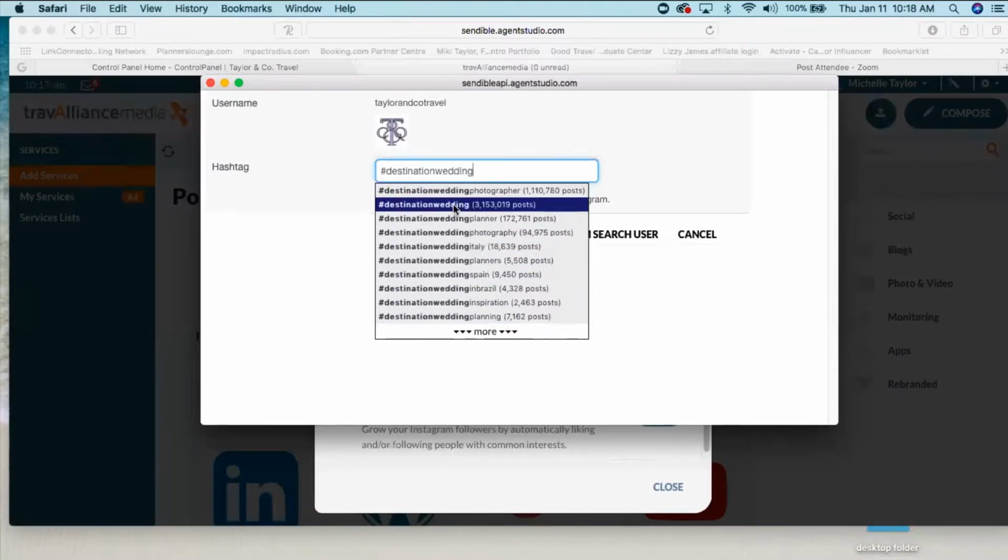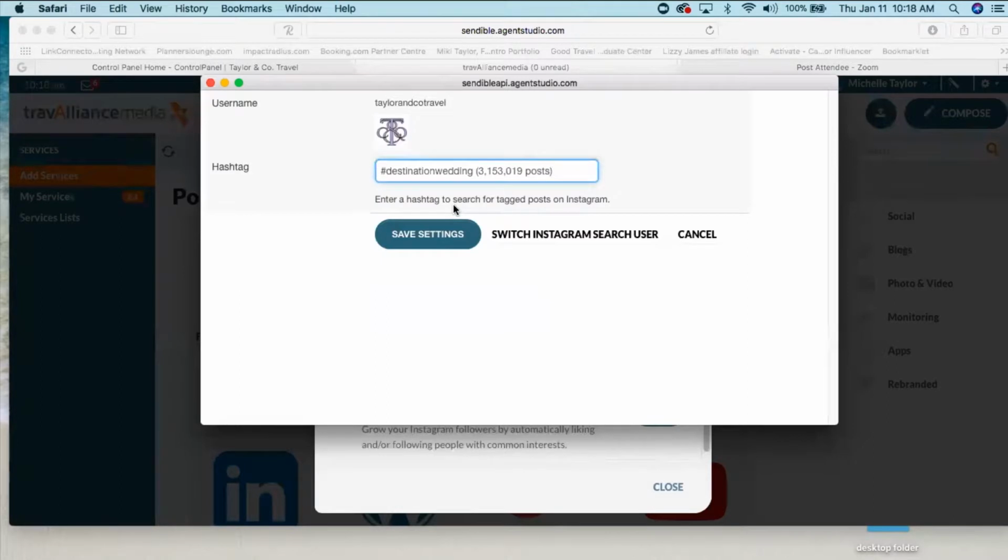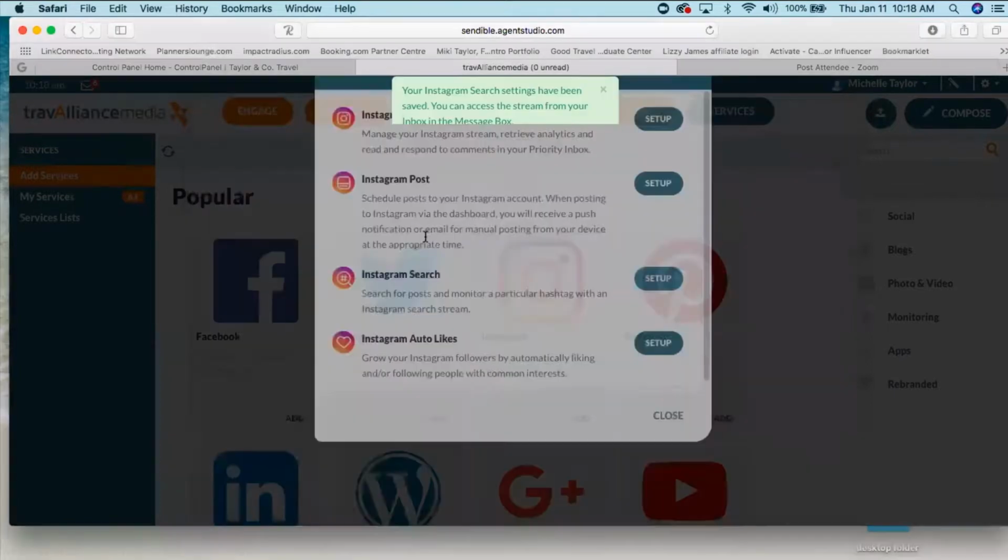If we want to just select destination wedding, you can see that there have been slightly over 3 million images posted with the hashtag destination wedding. So you can select that and save the settings.